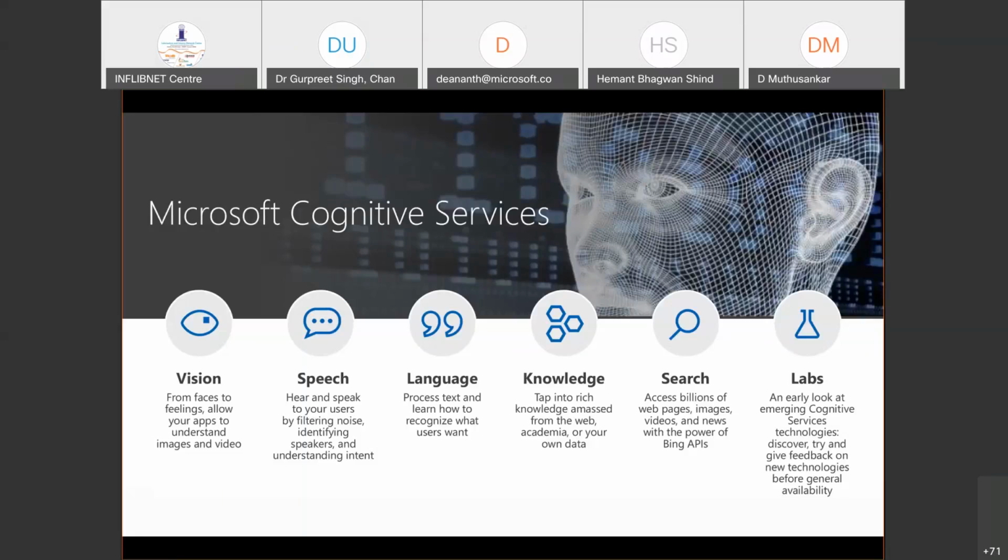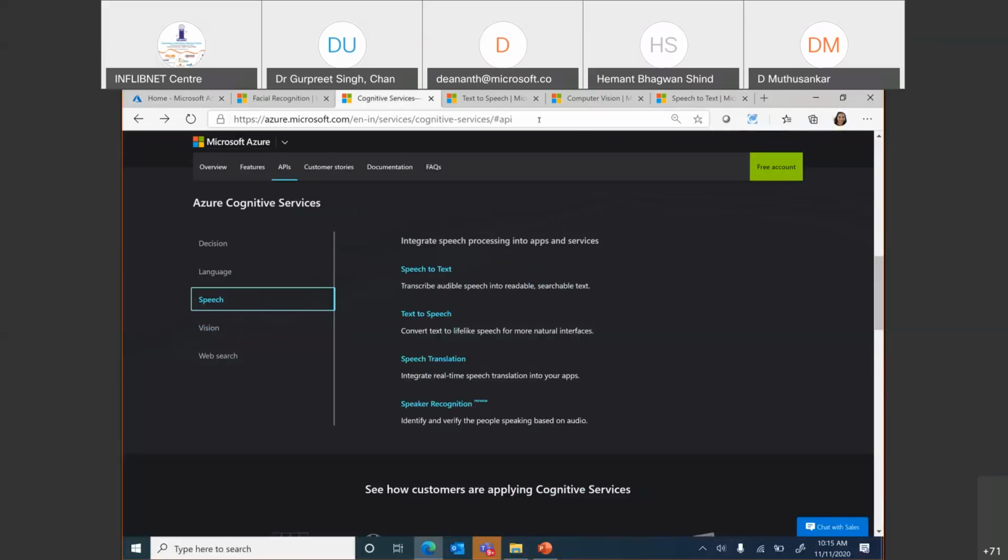Let's dive a little deeper and understand what we can do with each of them. Here, we are listing out the services that are available in each one. A better way of looking at this is to actually go and explore the cognitive services. Let me now go away from screen sharing and show you the cognitive services. This is the post-presentation part. I will share a few links with the moderator and then you could get access to it. Or it's very simple, azure.microsoft.com/cognitive services. And most of the things that I speak about today are going to be from this particular page.